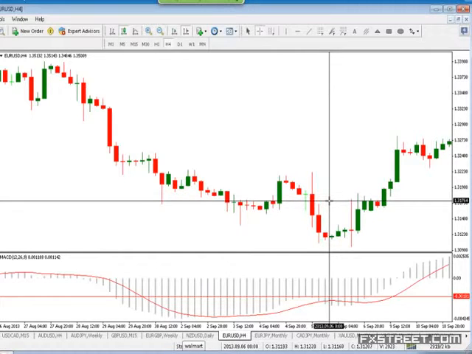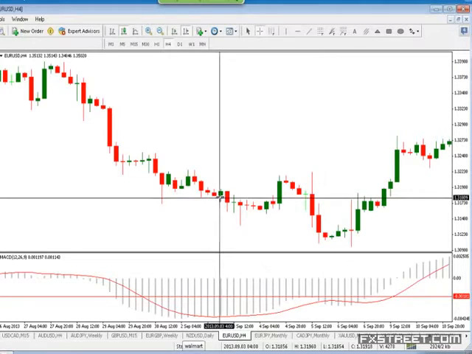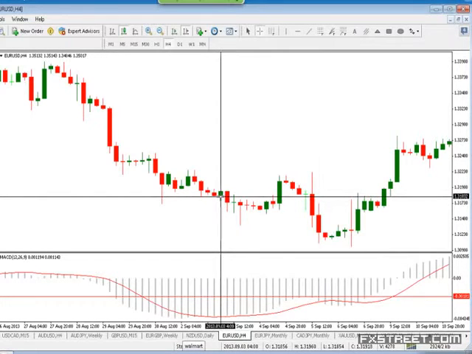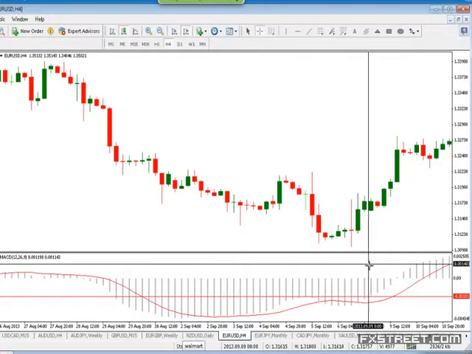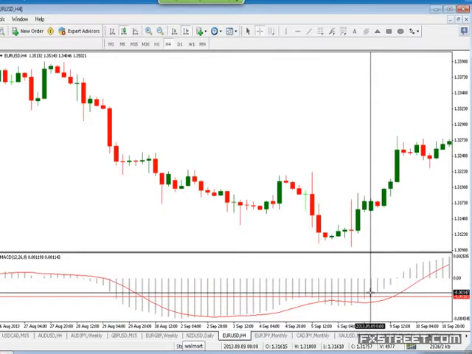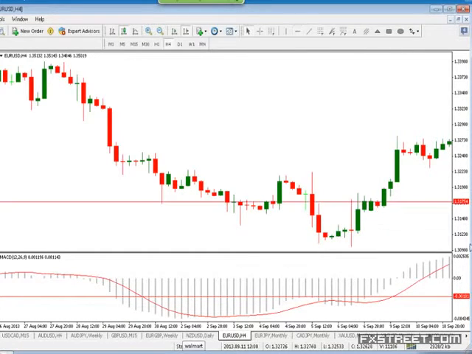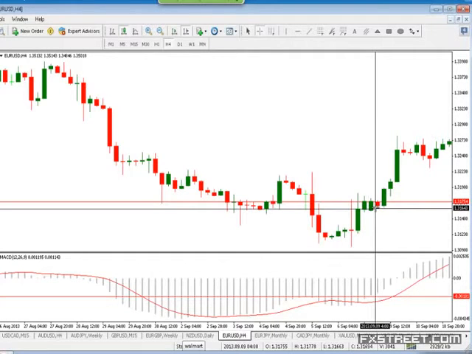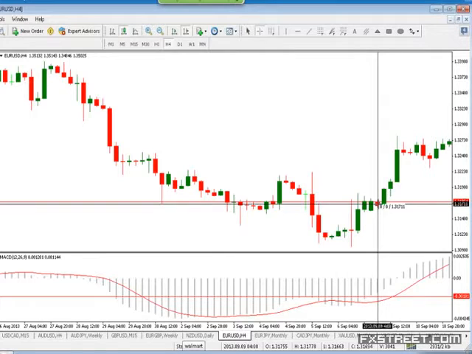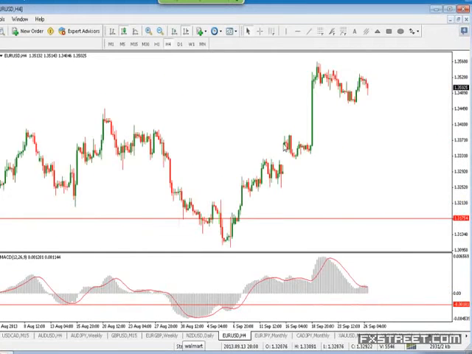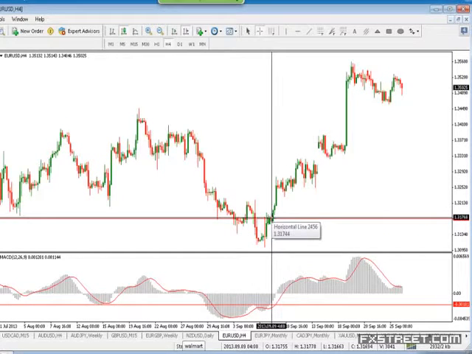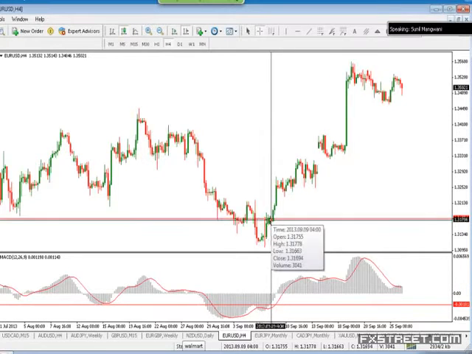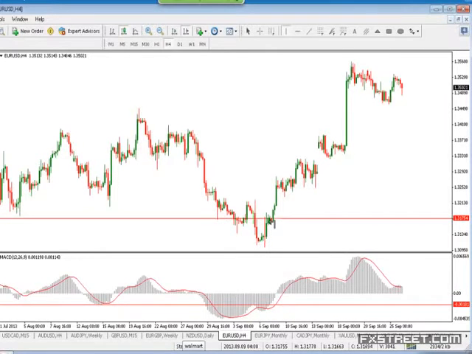I would always use an indicator along with price action to confirm my entries. I would probably look for levels of support, resistance, or maybe even a break of trend line. But this gives me an advantage. On the completion of this particular bar, we get an entry, and let's say that we take an entry just based on this particular concept. I would take an entry over here, right? The close of this particular bar, that means the open of this bar. This is where I would take an entry. Now, if you zoom outside and have a look, your entry is over here. And if you look at it, your histogram bars are giving you an entry right over here. Let me plot this one this way.